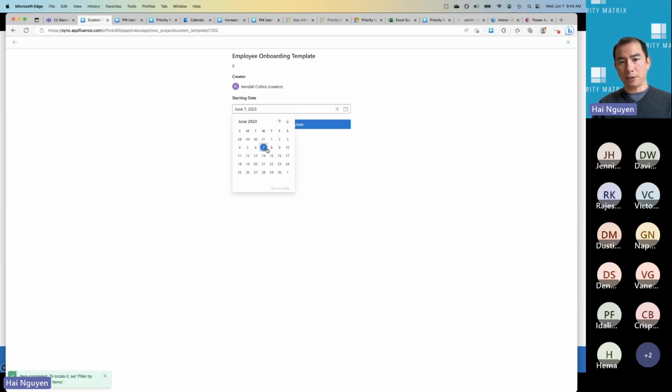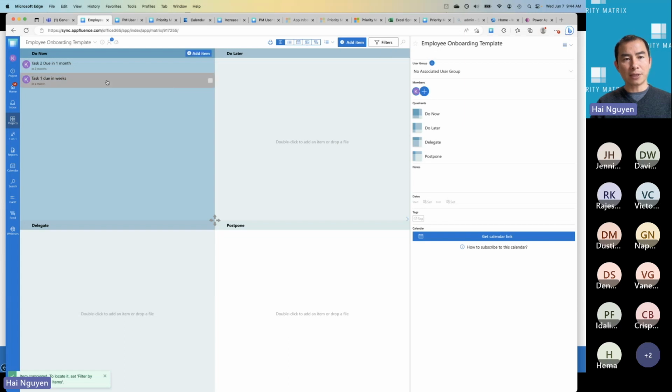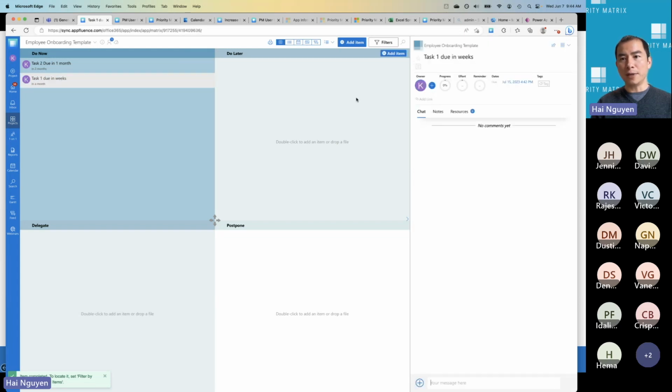So for example, that was due from today, but imagine if I have an employee starting on July 1st, I'm going to do July 1st here and I use template. And now you see that actually these tasks' due dates would be 2 weeks from July 1st, as opposed to 2 weeks from today. So it's really, really useful for you to create a standard operating procedure, SOP, or again, employee onboarding